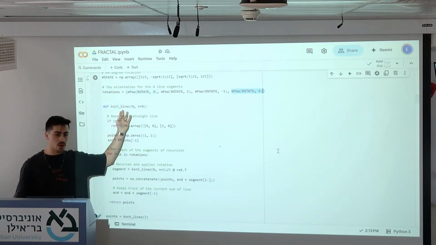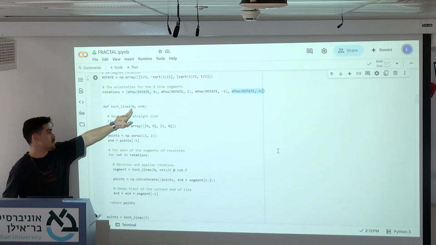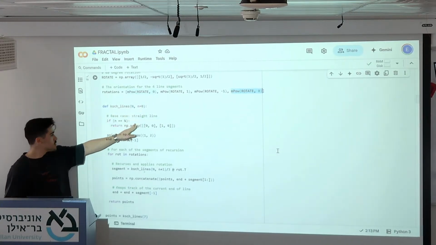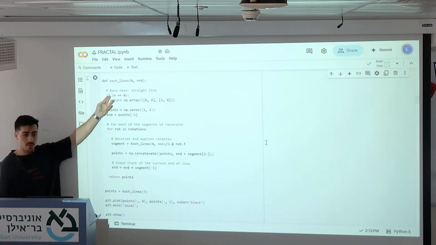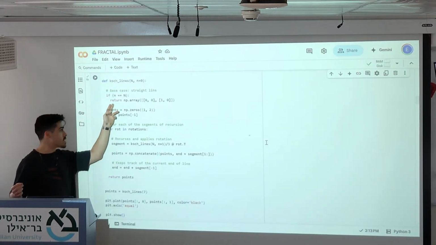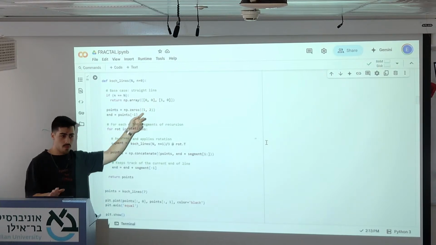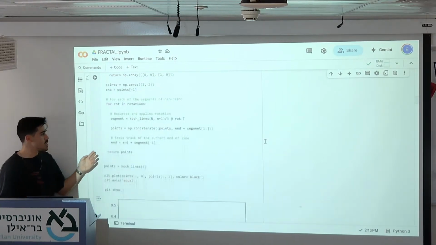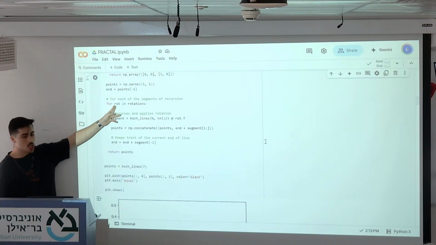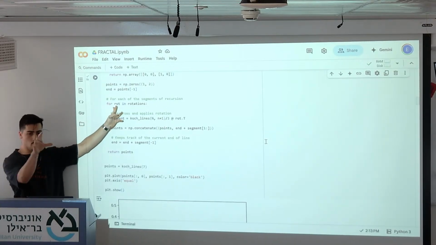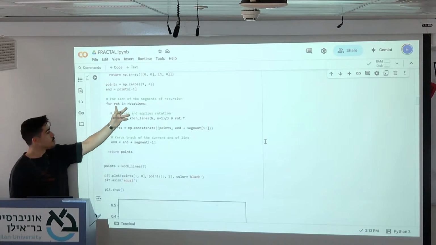And now this is the function. This is the limit of the recursion. This is our current point. If we reach the limit of the recursion, we go for the base case, which is just a straight line segment, right? The base case of this curve is just a straight line. You will see why this works. And then for each part of the line segment, the 0, 60, negative 60, 0, for each one of them,